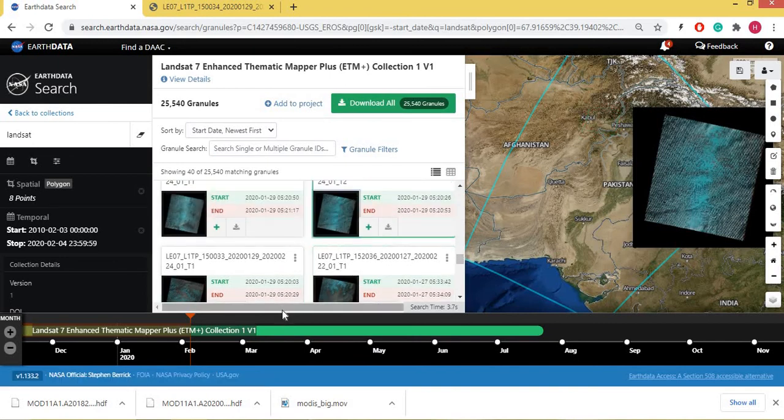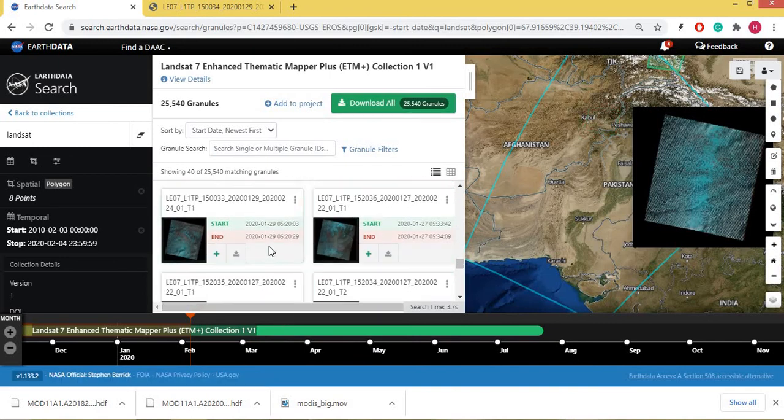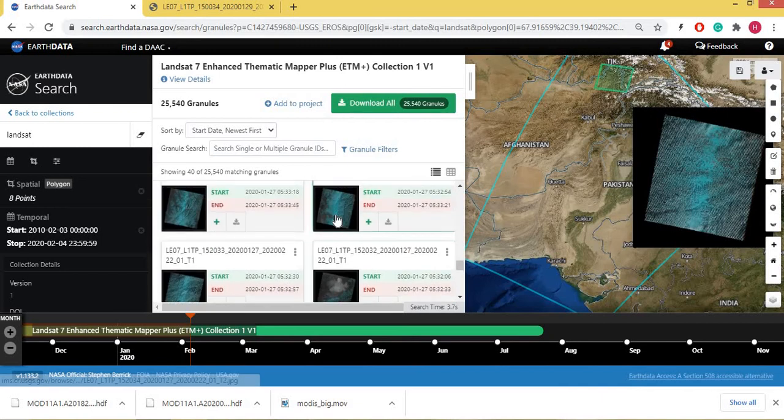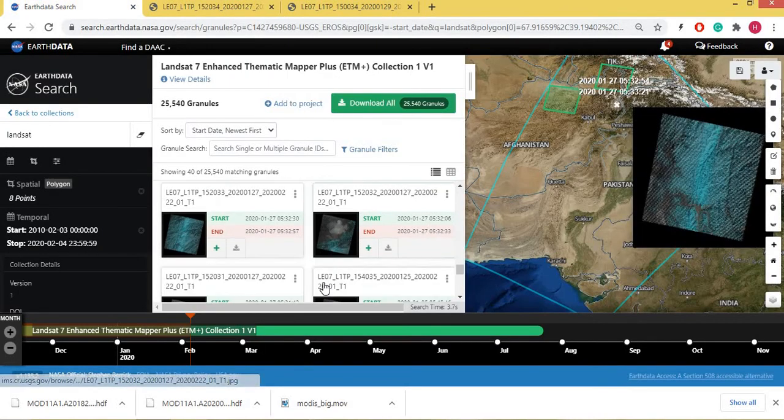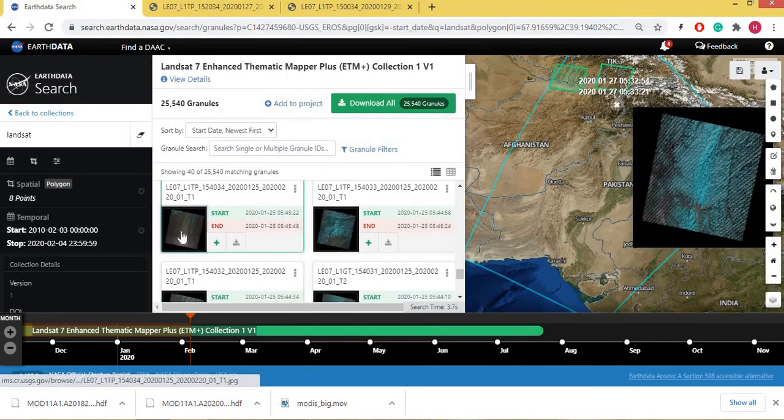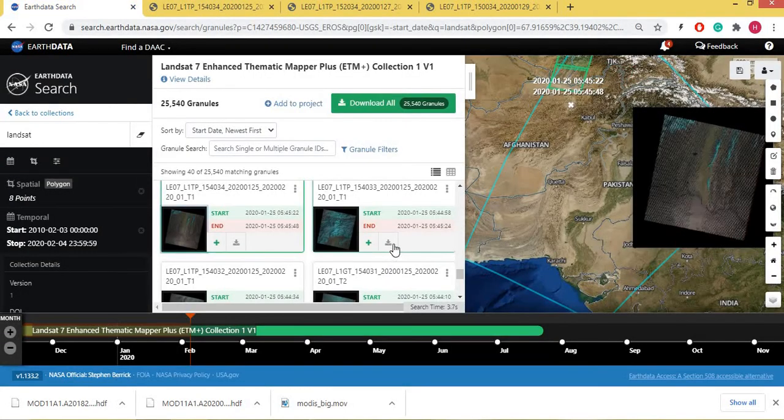So you can see this one. Here we have a little bit of clouds. You can see this image. We have snow cover area, or we have empty ground, and you can just download this image, or you can add this image to your selected granule and then select all.